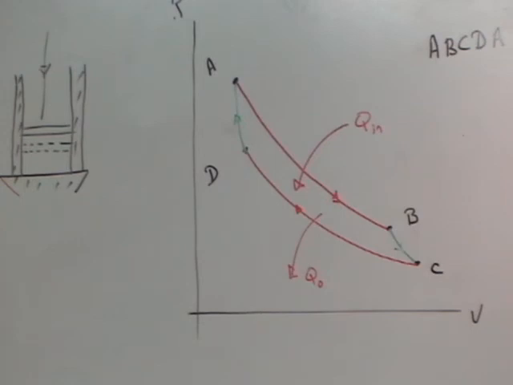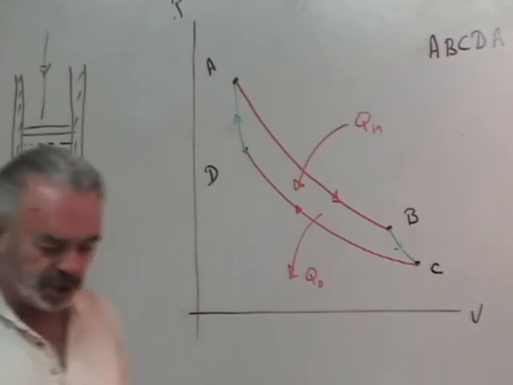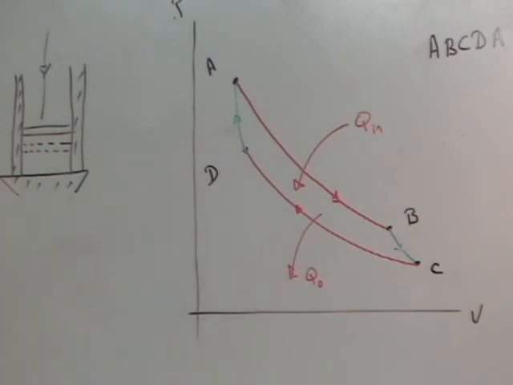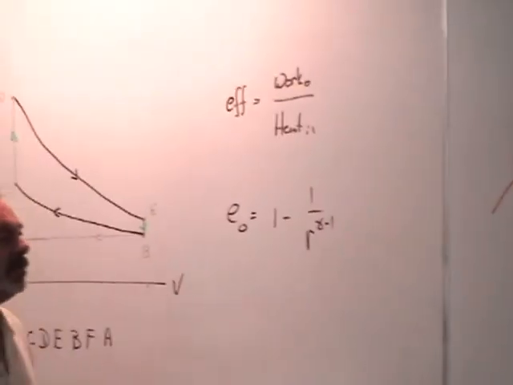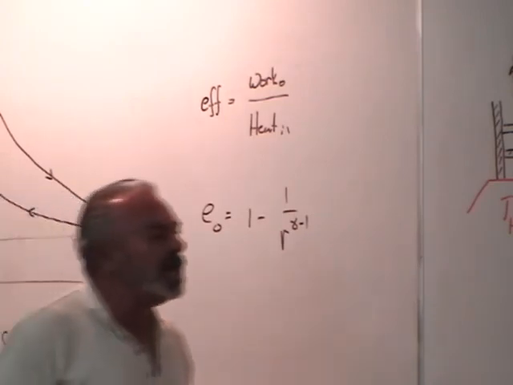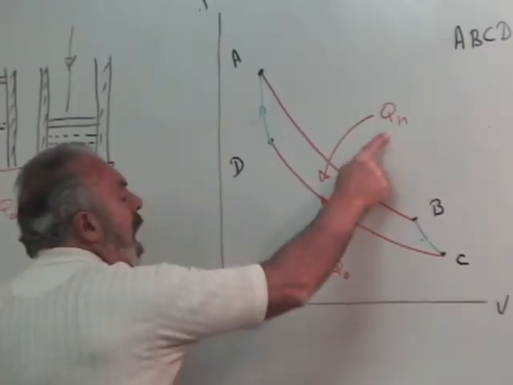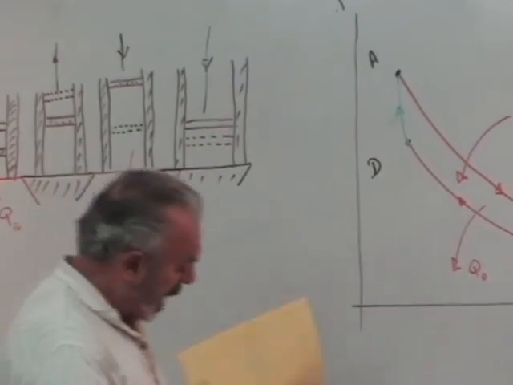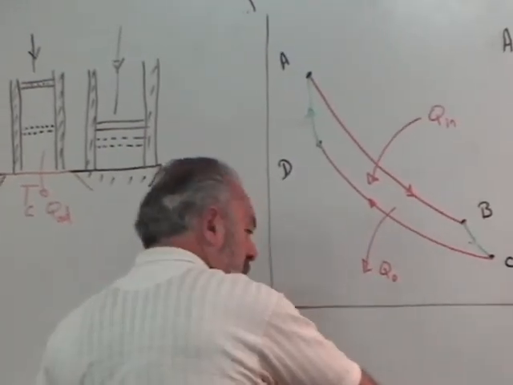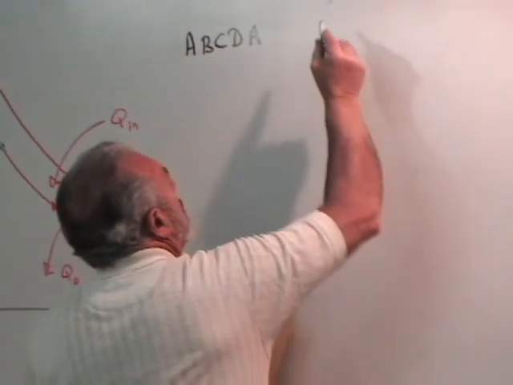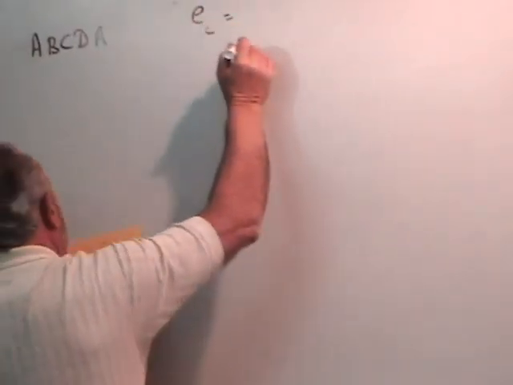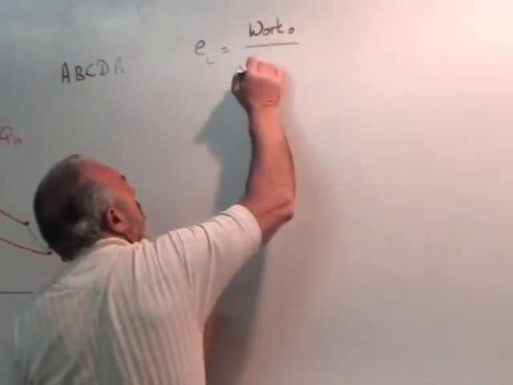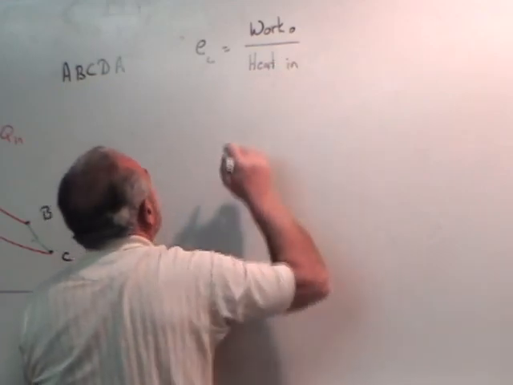And to do that, let's begin to talk a little bit about the efficiency of a Carnot. Well, the efficiency of a Carnot is defined exactly the same way. Efficiencies are always how much work do you get out divided by how much heat flows in. Well, we know where the heat flow in is, don't we? And we know where the heat flow out is. And I'm about to start by claiming that the Carnot efficiency, I don't think I need these colors now. I'm going to start out by stating that the efficiency in the Carnot engine, just like before, work out divided by heat in. Of course, heat in